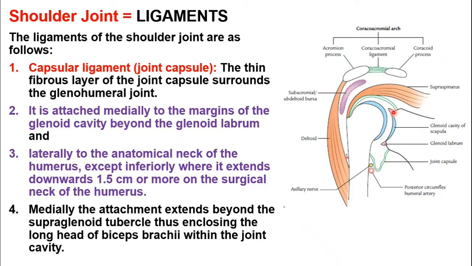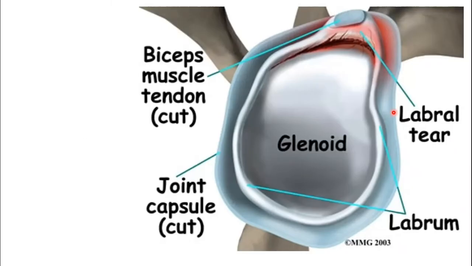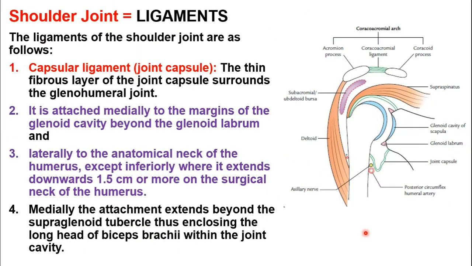And the capsule, as I told you in this diagram, the capsule is attached at the margin of the joint. तो पूरा मौजूद है. या सुपीरियरली है, या मीडियल होगा, या लेटरल होगा, या इंफीरियरली होगा. ठीक है. तो इसकी अटैचमेंट हम देखें. The most important point is that this capsule is lax, mean loose, ढीला है, inferiorly. So the shoulder joint mostly dislocate inferiorly. ये याद रख लो. Because the capsule is tightened superiorly, medially and laterally, but it is weakened or lax inferiorly.